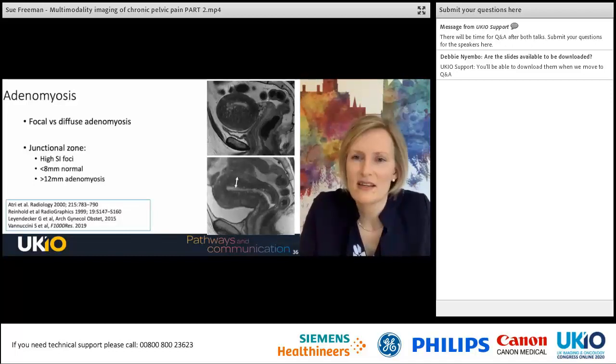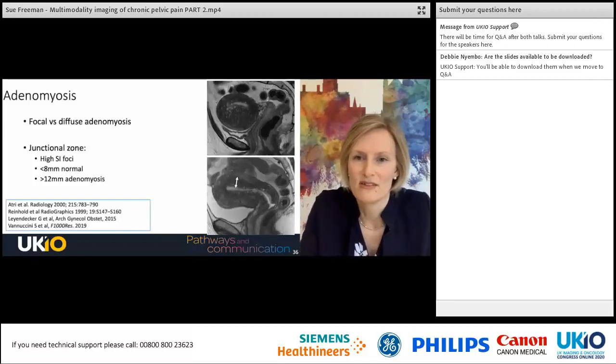MRI is thickening of the junctional zone, which is the inner myometrium, this low signal intensity rim that we see around the endometrium. Less than 8 millimeters is considered completely normal, and 12 millimeters or more is considered diagnostic of diffuse adenomyosis. Between those figures, between 8 and 12 millimeters, we need to look for other signs that help us